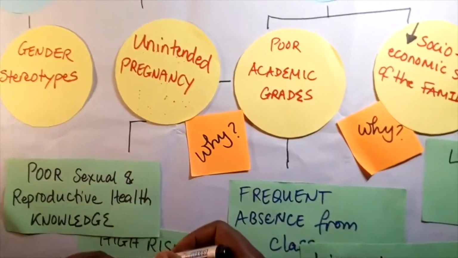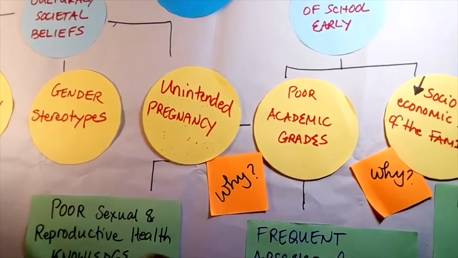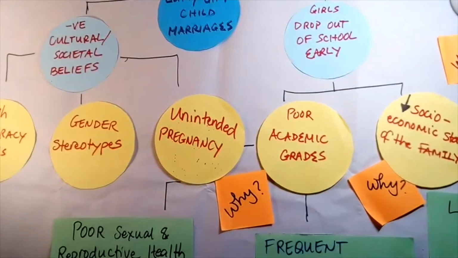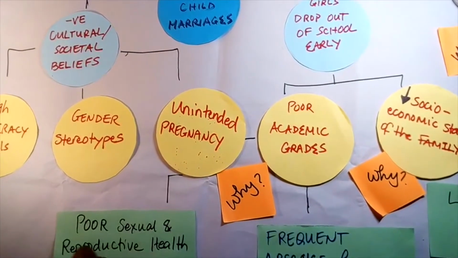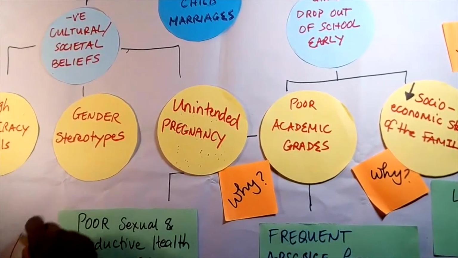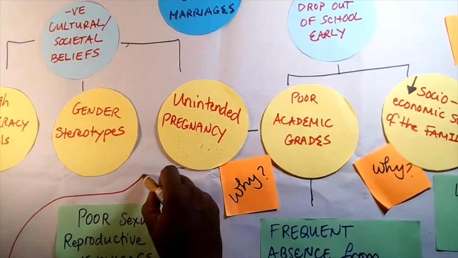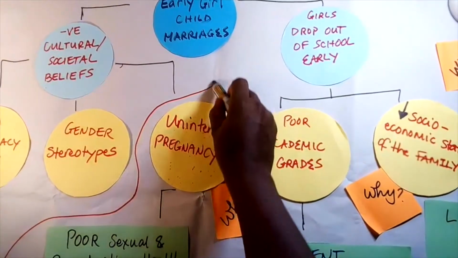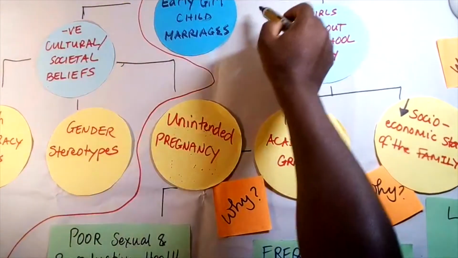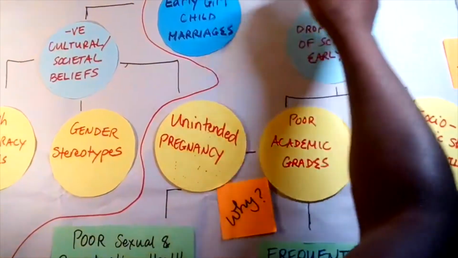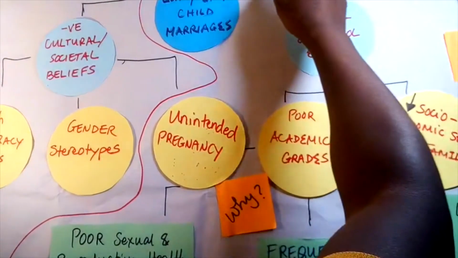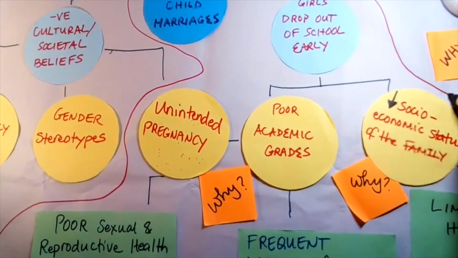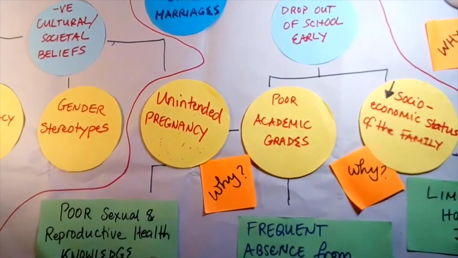But as you tell, my interest is in particularly this side of the tree that I'd want us to work with. And we'll create, in a sense, a bit of a project and just say, let's deal with this side of the tree, which is about early child marriages, which are related to girls dropping out of school. And the reason we're doing this is sometimes we're not able to do everything there is in this project.